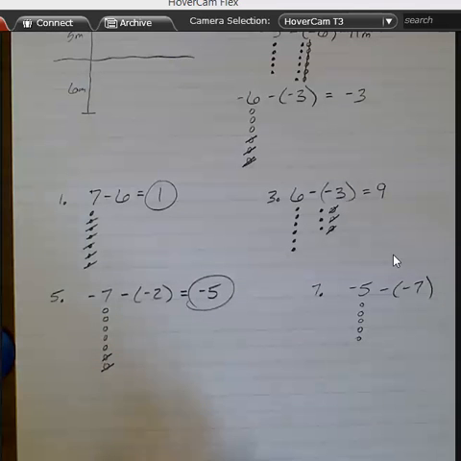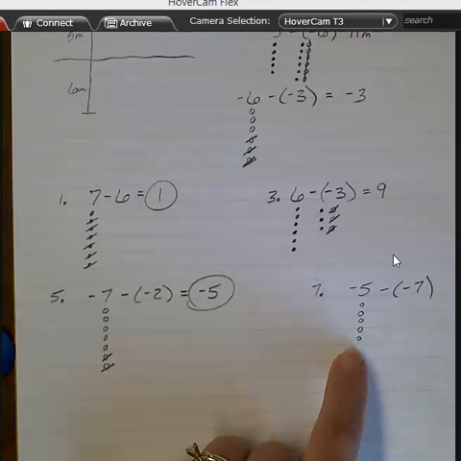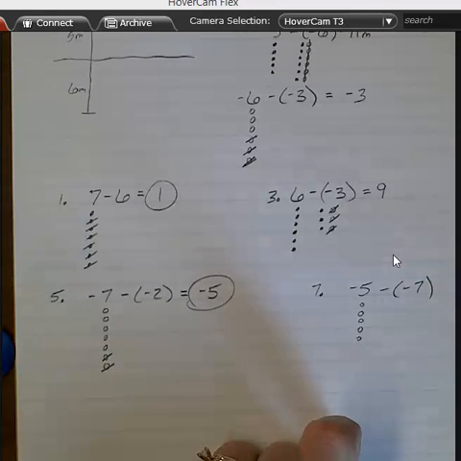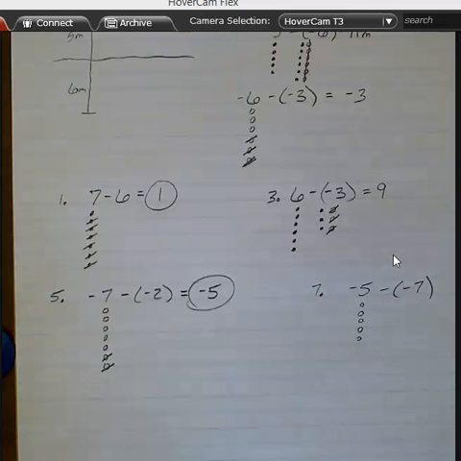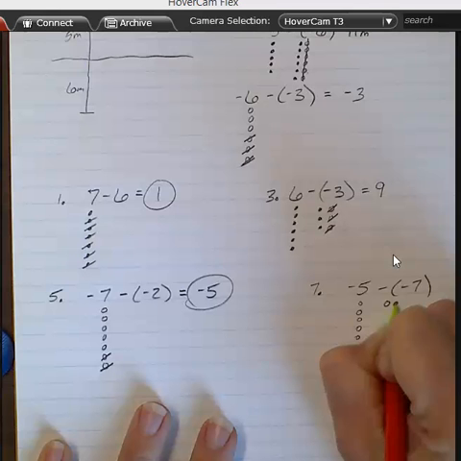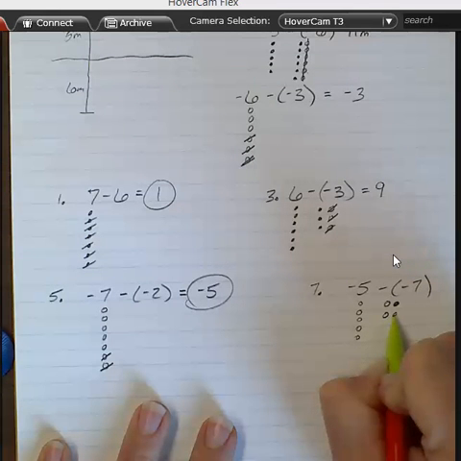How many 0 pairs do I need so that I have 7 negative ones? I could, but if I already have 5 negatives, how many more negatives do I need where I'll have 7? How many? Go ahead, Josh. 2. I could. Remember, you can add as many 0 pairs as you want, but this is painful and tedious, right? If I already have 5 negatives, if I just add 2 more negatives with their opposite sign partners,